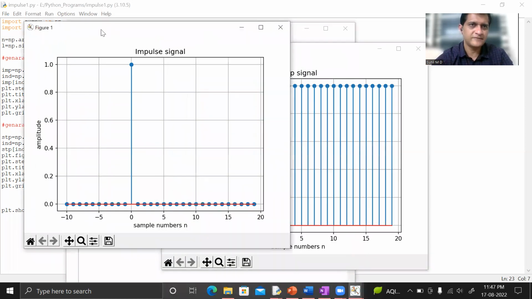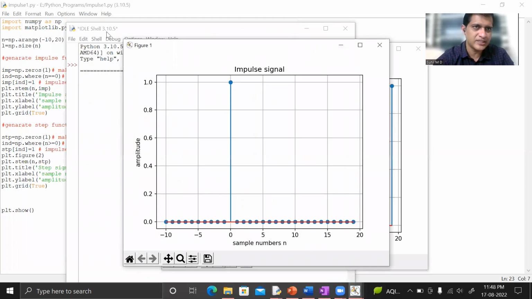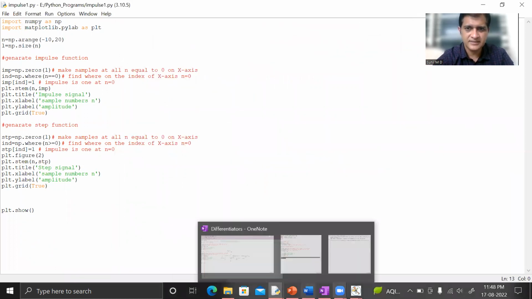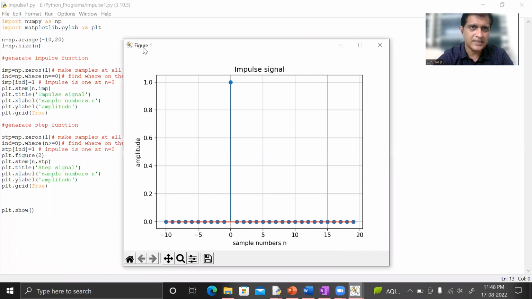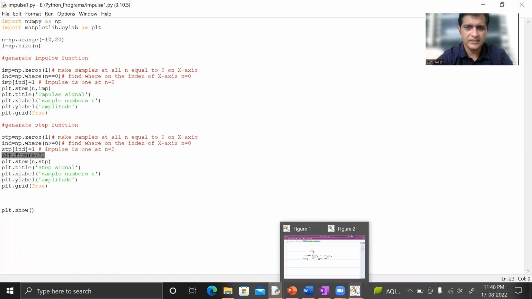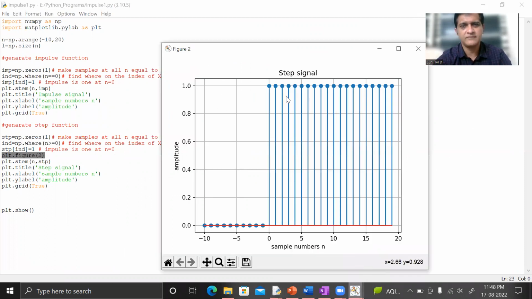Yeah, now this is figure 1, which comes by default. We don't say plot.figure for the first figure, so it just comes out as figure 1 by default. That is this. We don't call it plot.figure 1. But for figure 2, we need to explicitly say plot.figure 2. Okay, so it comes as figure 2 now. This is your step signal. Everybody understand this? Okay, so this is how we can go for the step signal, which is 1 for n